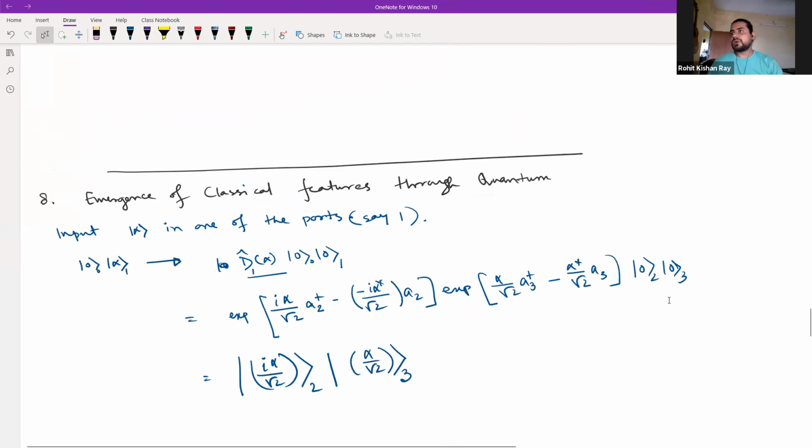So let's talk about the emergence of classical features in splitting laser light through a classical beam splitter. Okay. So basically, we can use a laser light as an approximation with a coherent state, right? So consider this alpha to be a laser light kind of. Now we are putting it in one node. So let us draw the schematic for the beam splitter again. It will help us understand.